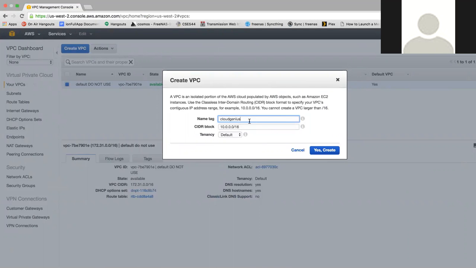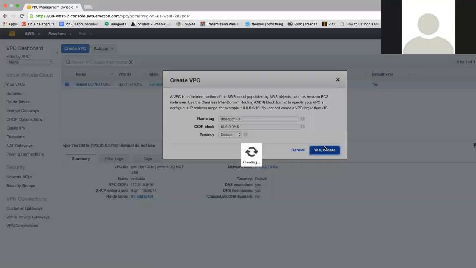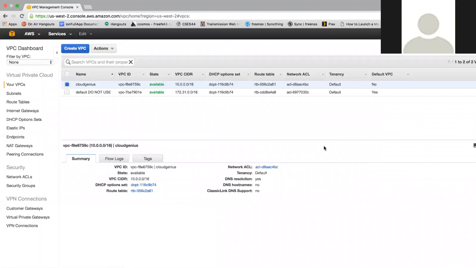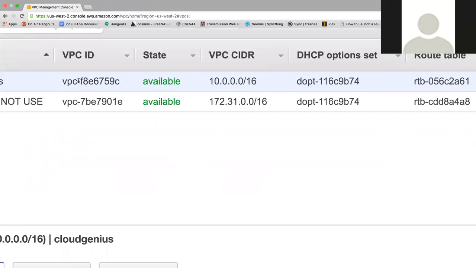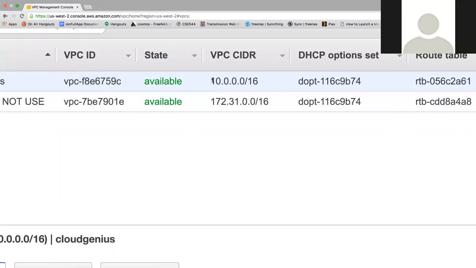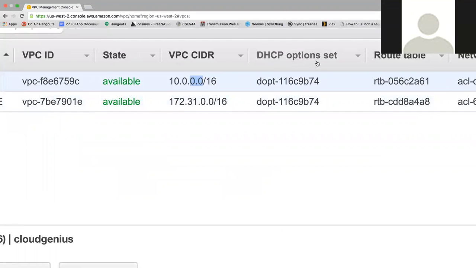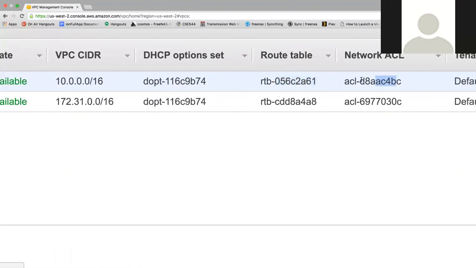So I'm going to name it and create this VPC. Click. And it gets created very, very quickly. Now, what we know at this moment is that it has given us a couple of things. For example, we have the name Cloud Genius. It has allocated a VPC ID for us. It has a VPC CIDR notation of 10.0.0.0/16, meaning the last two spaces, the 0 and the 0 here, you can put any number you feel like, and you can get an address space of that size. It also has given us some DHCP option sets and a routing table and network access control and